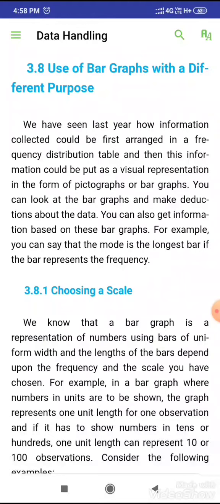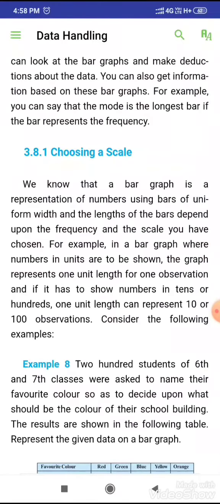So students, as you all know, our graph sheet or graph paper is a small size paper in which we have to represent our graph, but our data observations can be in hundreds, thousands or lakhs. So it is important before plotting any graph, whether it is a single bar graph or a double bar graph, that we first choose an appropriate scale for it.